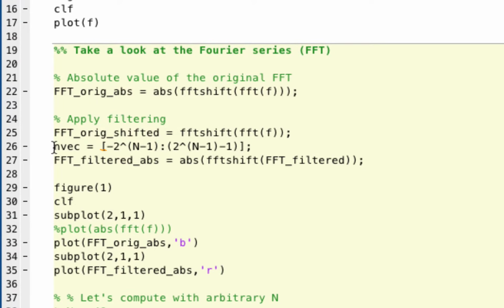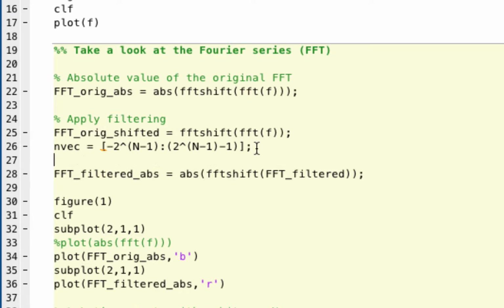And then this is our vector telling what are the frequencies in the shifted domain. And then now we can take FFT original, let's say filtered. First, let's have it to be